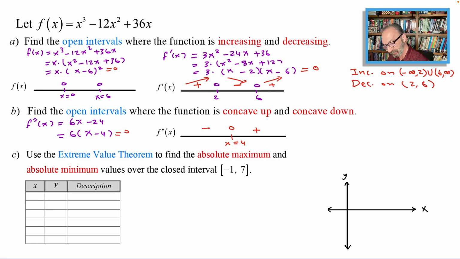To write it down, let's go to the right side. So the function is concave down on negative infinity to 4, and concave up on 4 to infinity. Next,